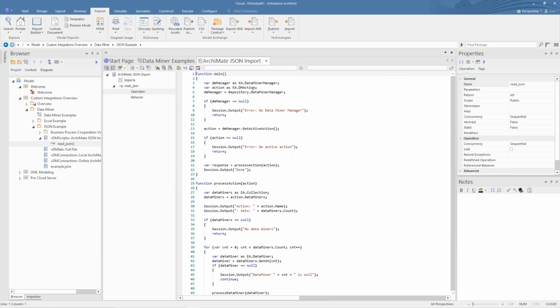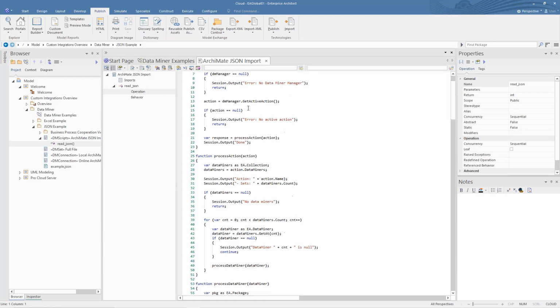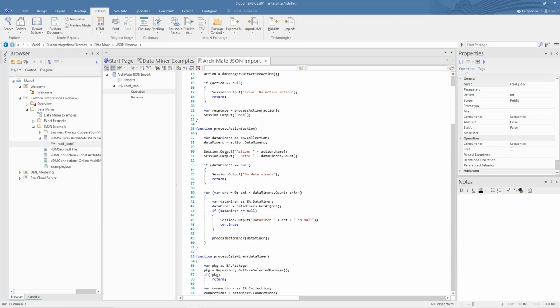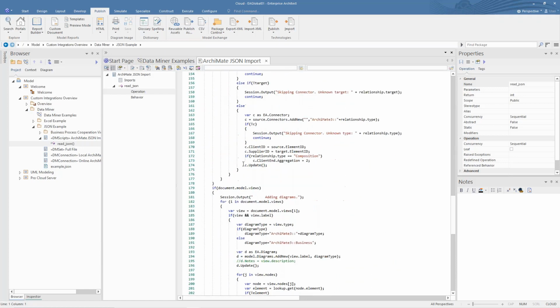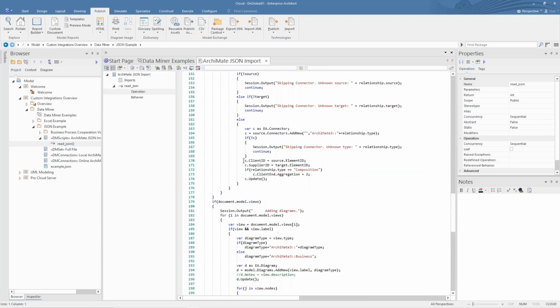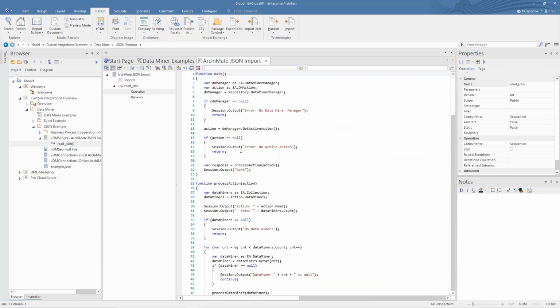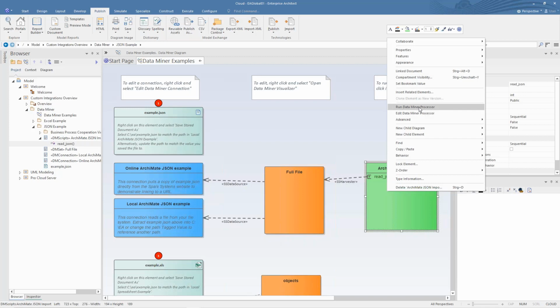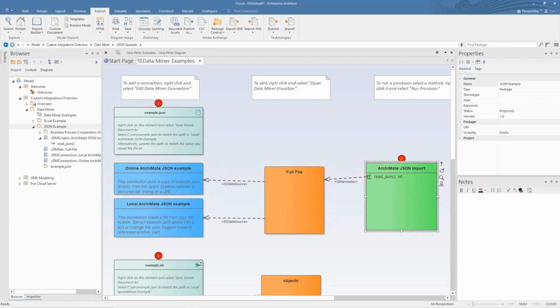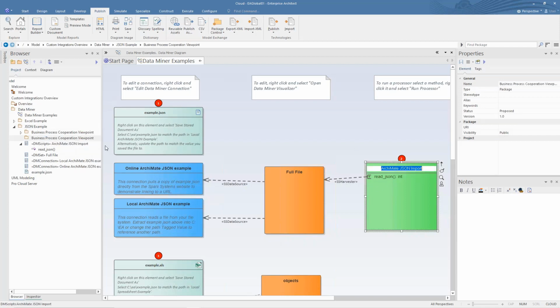And we see that the data miner manager is an extension of the API of Enterprise Architect, where you can navigate through this data and data structure and interpret it as you want. So it's a scripting way of loading the data. So therefore, it's no miracle, and it's using the Enterprise Architect API, but in a very structured way. So if I want to run it, I just have to go on the right mouse button and say Run Data Miner Processor. And what happens, it's doing that what is written in this